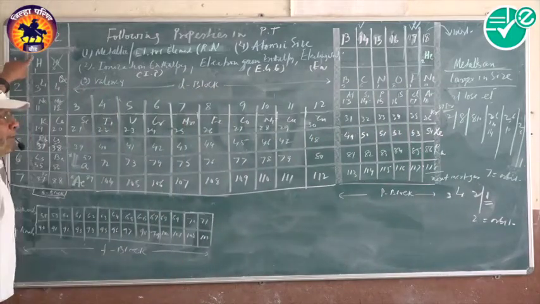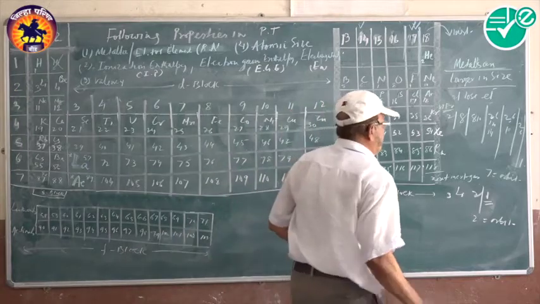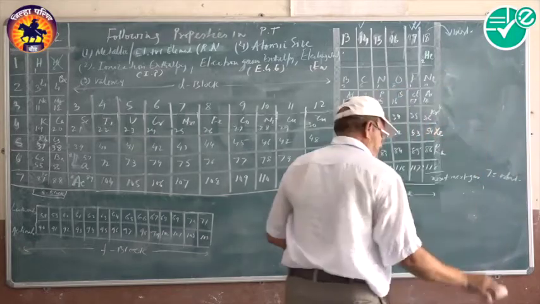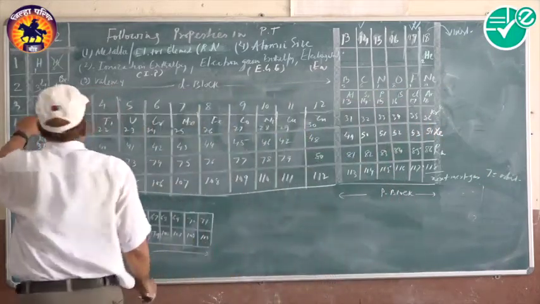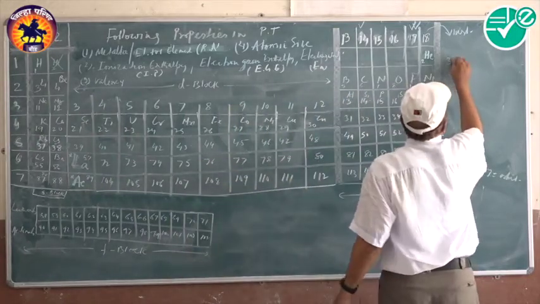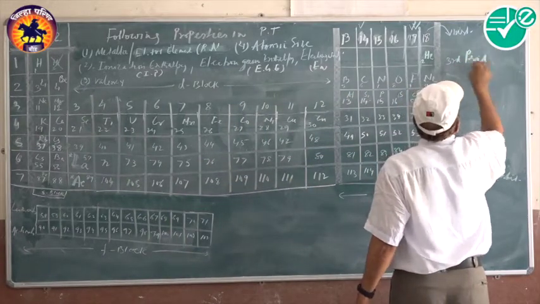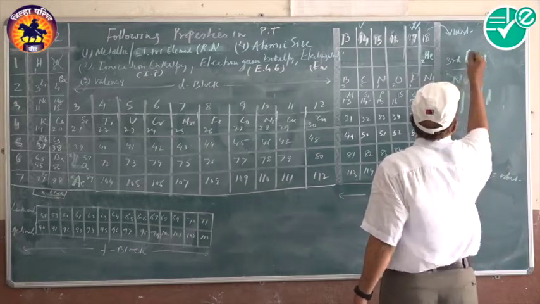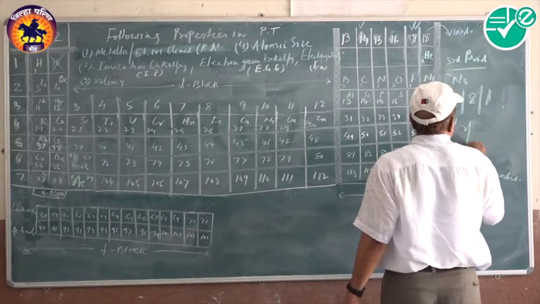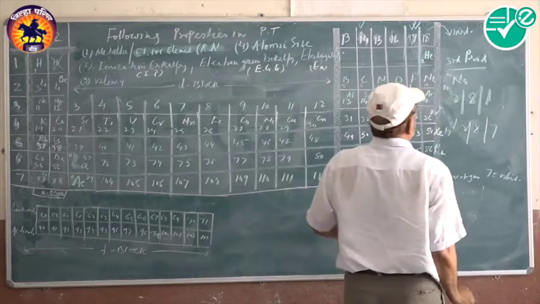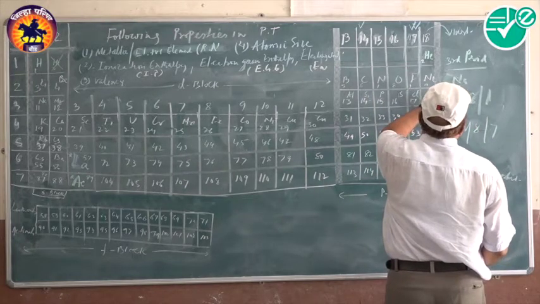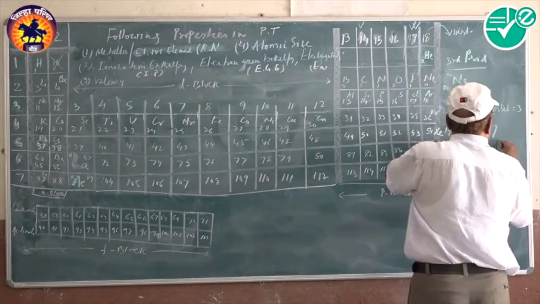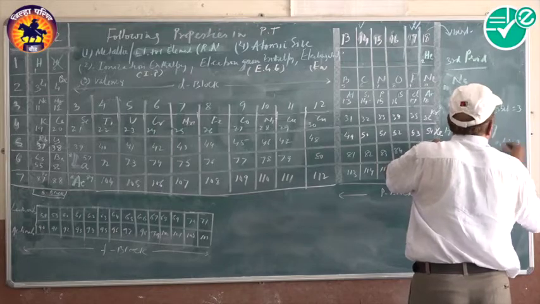Therefore, francium is the best metal, best electropositive as well as best reducing agent compared to lithium. Okay? Very clear? Now you will see this property in a period. Sodium is the first member of the third period. Sodium is 2, 8 and 1, and chlorine is 17, 2, 8 and 7. In case of sodium, orbits equal 3. In case of chlorine, orbits are the same, 3.